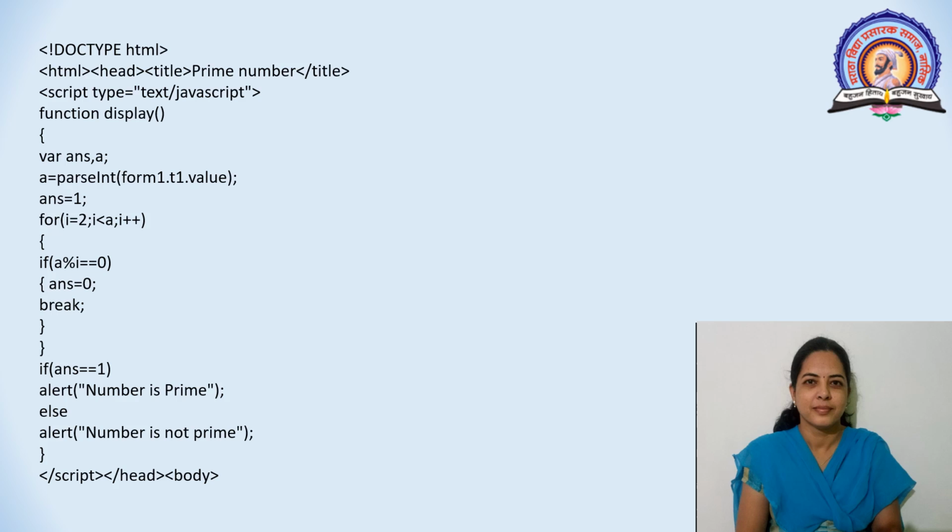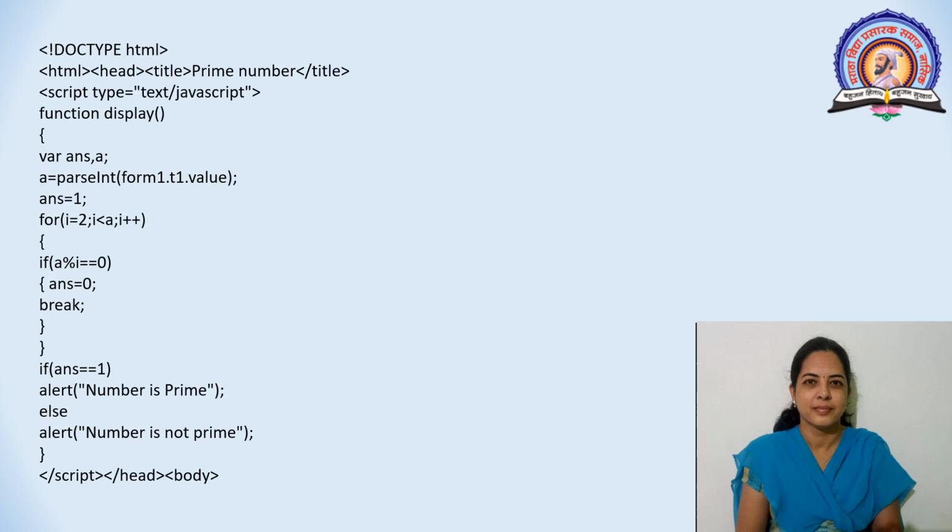Suppose that number is 5, we will divide 5 by i. Now the value of i will start from 2. So 5 mod 2, it will check the condition here. If a mod i equal to 0, answer equal to 0. If the number is divisible, which means the remainder is 0, it will immediately break the loop. It will come out of the loop if the number is divisible.